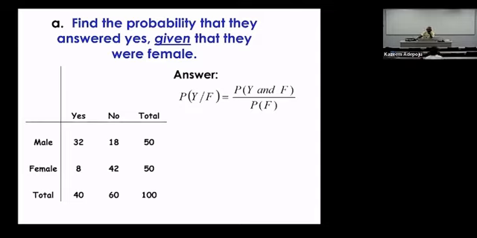If you take a look at that, the event of female comes first. Okay? And the current event of interest is actually yes. So which is going to be the probability of Y given F. Does that make sense to everyone? Okay, so now if you look at the formula, you remember the other time I said,